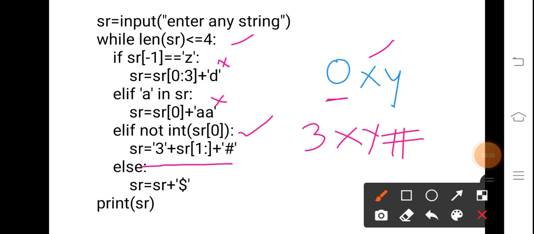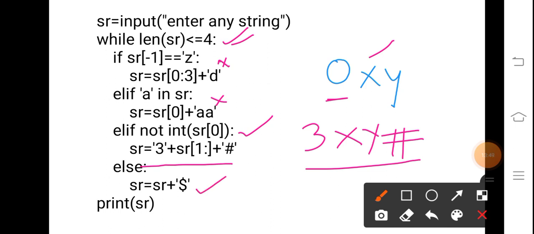Now check the length of the string, it is 4 again. So this loop will execute again. After that check this SR. For this new SR, the first if will be false because it does not end with z. The second elif is again false. This elif is again false, so it will come to the else part.